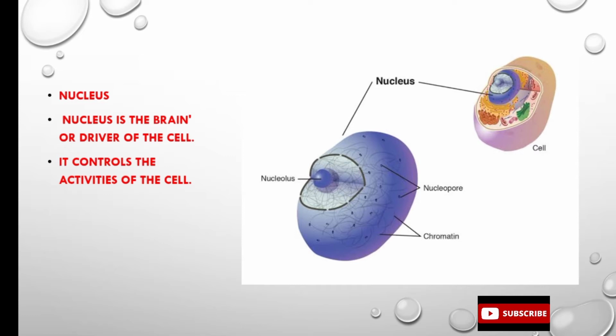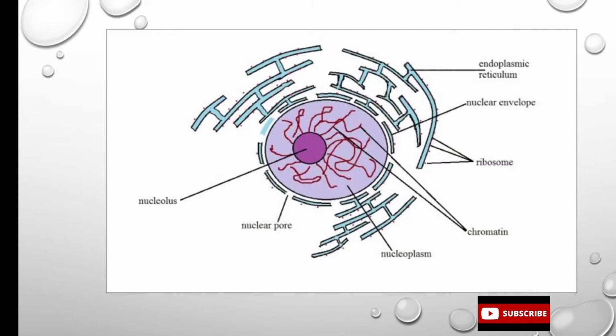Nucleus is the brain of the cell or driver of the cell. It controls the activities of the cell. So we have seen the part of nuclear pore, chromatin, and nucleus. Chromatin, these are the chromosomes in the open form. When the cell wants to divide, these chromosomes will condense, nucleus will disappear. Okay, and then there will be formation of the centriole on the both end of the cell. So all these phenomena will happen, and nuclear pore is there for the transmission of information in the form of mRNA. So you can see what happens whenever information from nucleus is to be delivered to the cell. mRNA, called messenger RNA, comes through these pores. Okay,